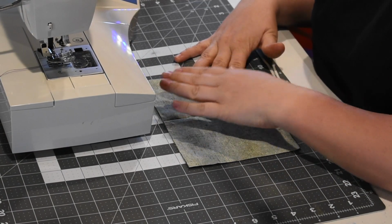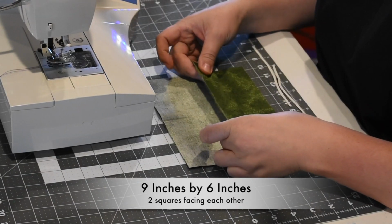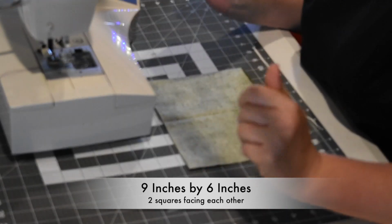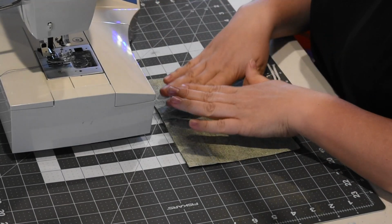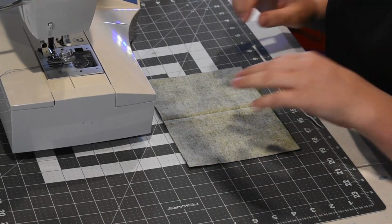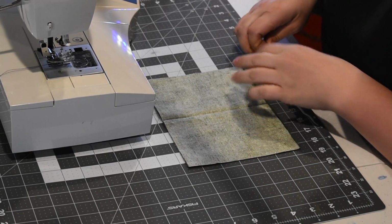So what you want to use is 100% cotton. These are just a tightly woven solid cotton. I've also been trying to figure out if 100% cotton flannel, the soft flannel that's got that tight weave, would be good. And I think that's what I want to use for my 3rd layer, but I don't have any on hand at the moment, so we're just going to do our 2 layers. So you put it together, right sides together. We also pre-cut